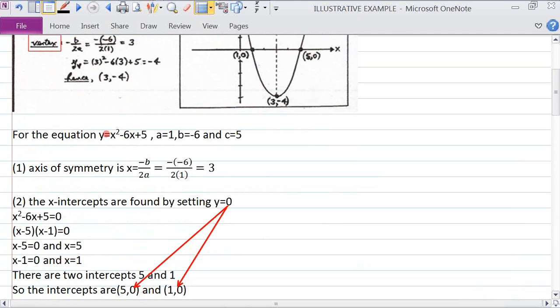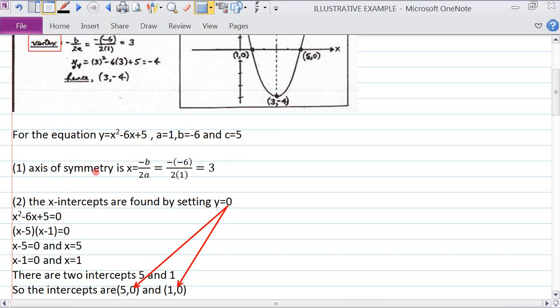So here's the equation, y equals x squared minus 6x plus 5. These calculations are identical to what is shown above, but I'm just going to go into more detail. Here's the equation that we're dealing with. In this case, a is 1 because the coefficient of x squared is 1. b equals minus 6 because it's the coefficient of this term here, this is b right here, and c is equal